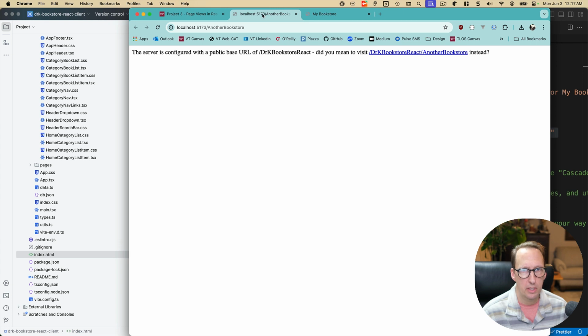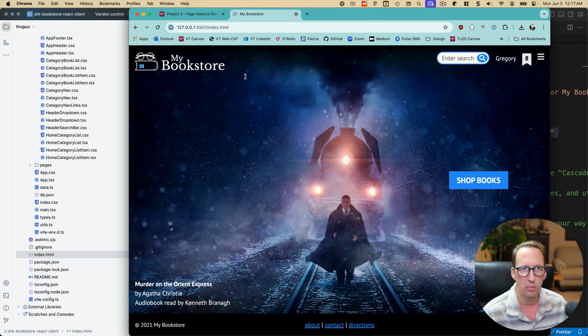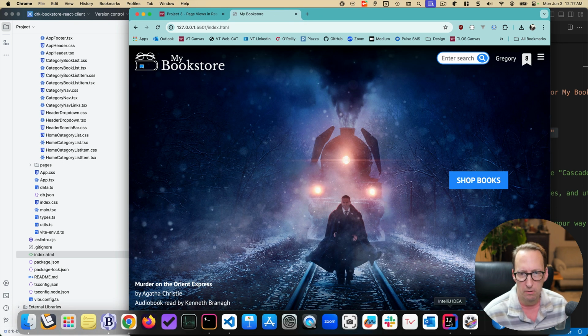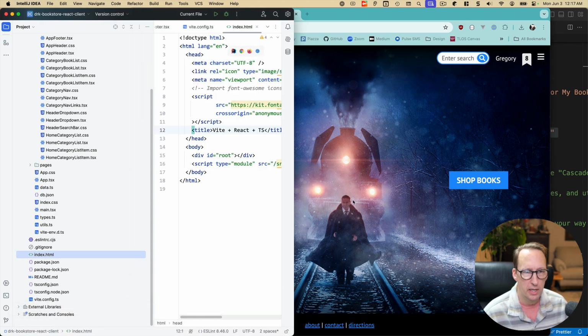If you see, I'm going to do a hard reload of this page. That means I'm going to hold down Shift and reload this page. Okay, because I changed the base URL, that's probably why it's complaining. So what I'm going to do is go back to IntelliJ IDEA, and I'm going to bring up my